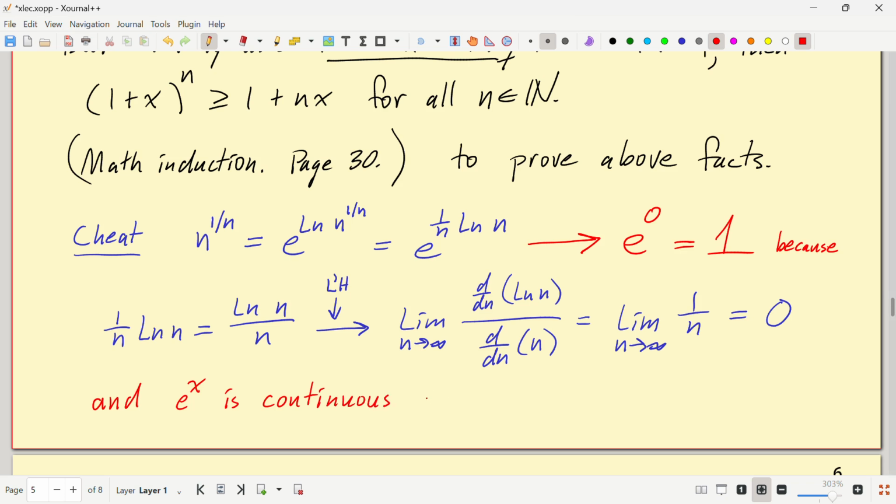Because of that calculation and the fact that e to the x is a continuous function. Words that we don't know yet. So it's okay to think in those terms, but when you have to demonstrate something, you have to play by the rules that are in the section. I can get away with cheating at the end of class here. Question? Since we always will use the L'Hopital's rule to the... No, you're never allowed to use that until I say so. But for here, you use L'Hopital's rule to prove the 1 over n times log n goes to 0. Right. You can just directly prove 1 over n